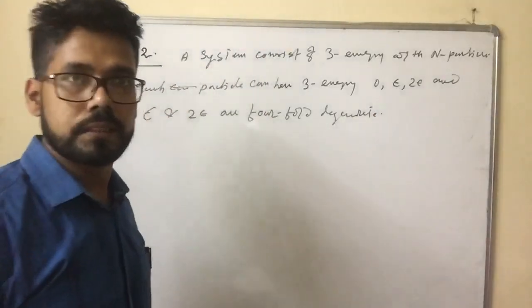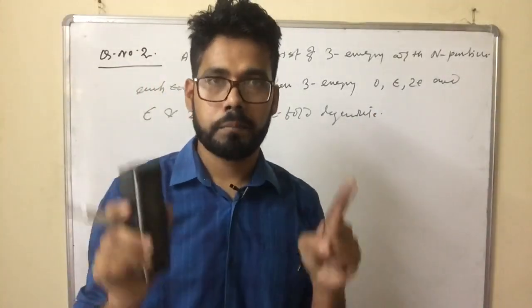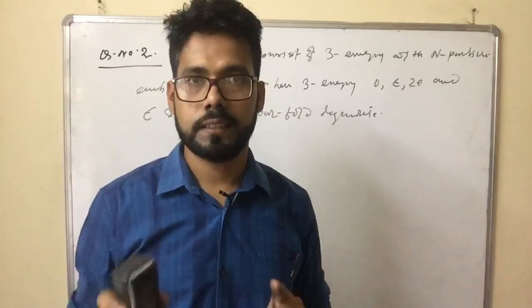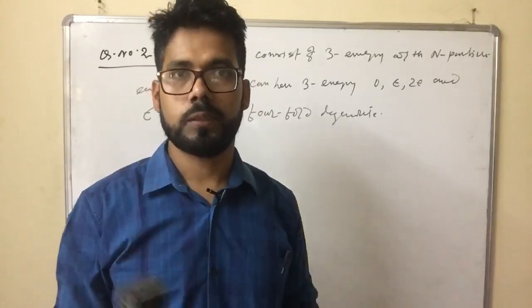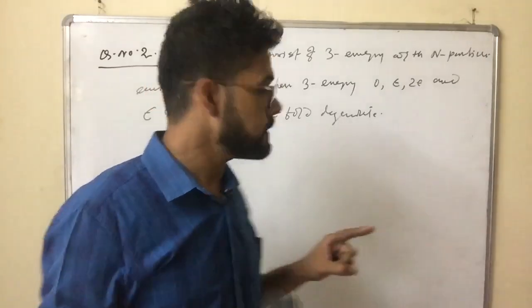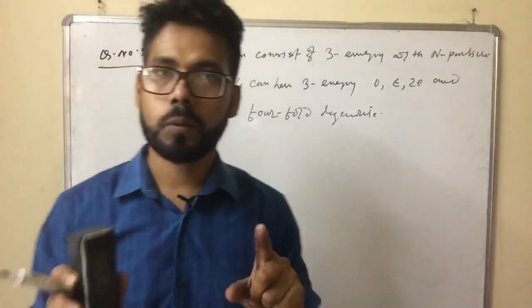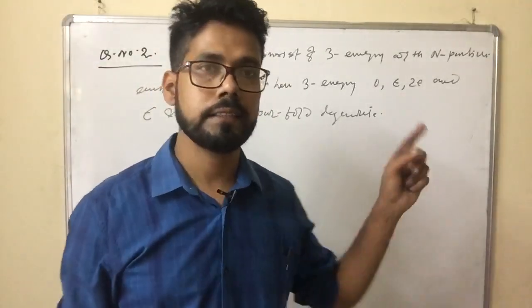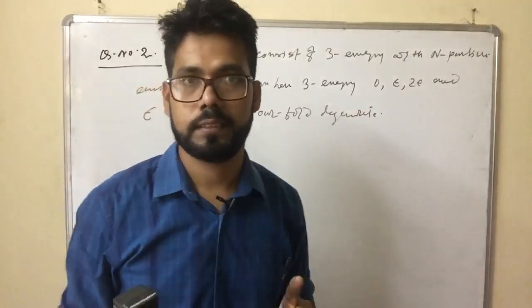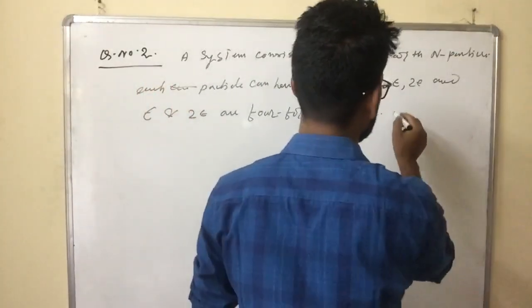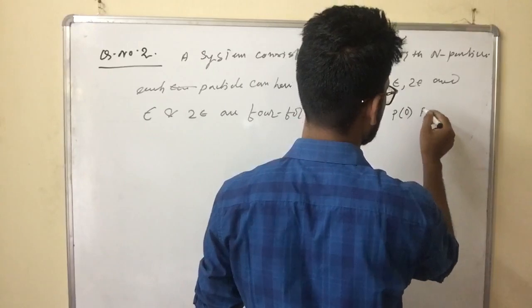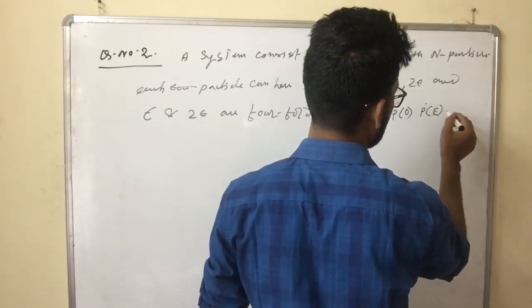Okay, that means a system consisting of n particles, each particle has 3 energy levels 0, E, and twice E. Energy levels E and twice E are fourfold degenerate, but energy level 0 is non-degenerate. So find the probability P0, PE and P twice E